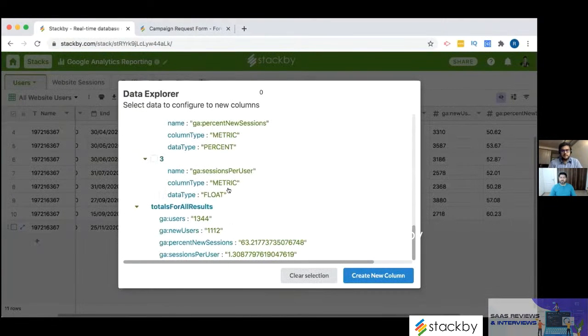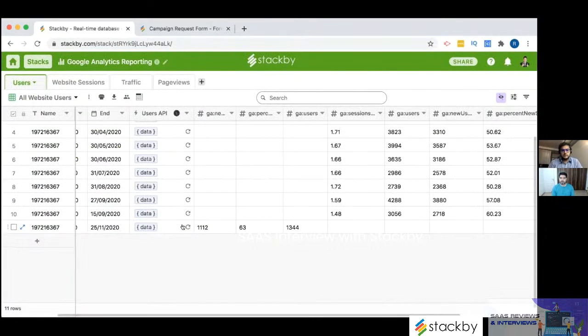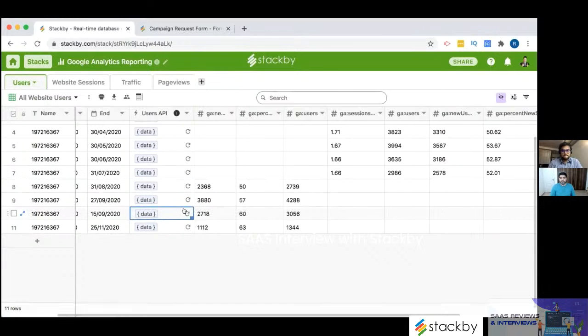So basically we bring all the information from the API call, and then you can create this into particular columns. You can just add it to columns, and then you can just click on refresh to bring in the latest information. So if I want to just refresh the data, all of this data would change in real time, right? It basically brings all the information in real time, right?